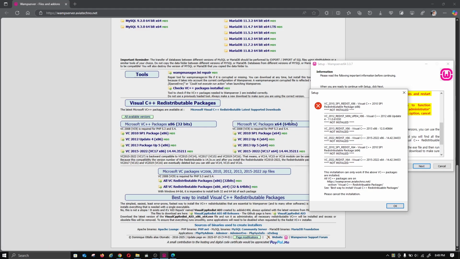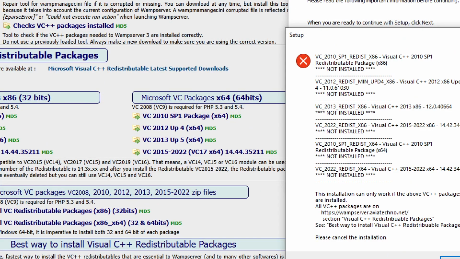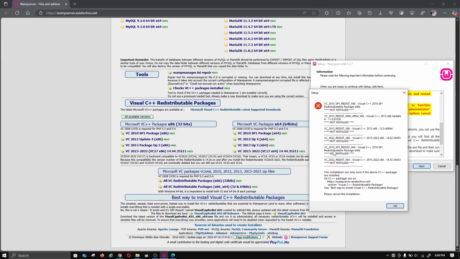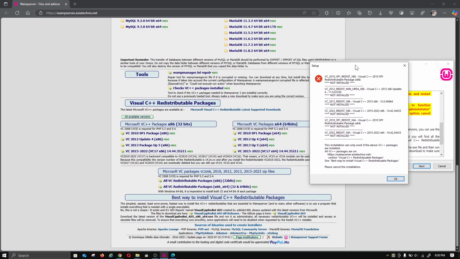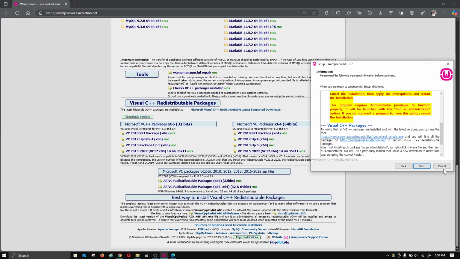On the other side, we have 64-bit. You can click here, Service Pack 1, SP1 package, this one, 2012. So it's matching this one, let me zoom in, right? And then the second one is 2022, this one. So what we have to do, we have to cancel this. Sorry, you have to forget 2012. I have to install package 2010 SP1, and then these two. So now